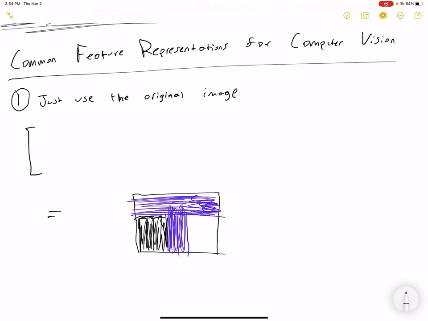So the way that this image would be represented on a computer